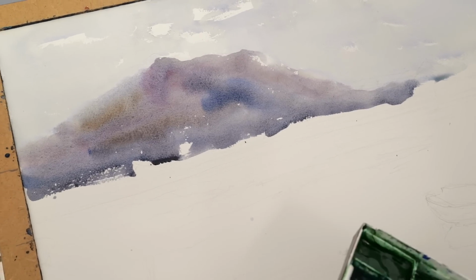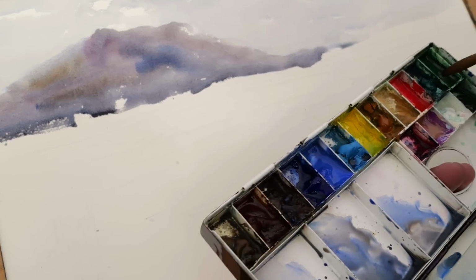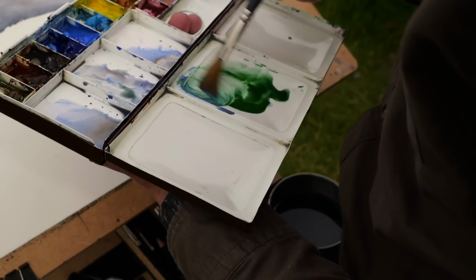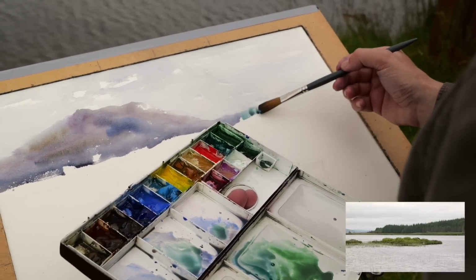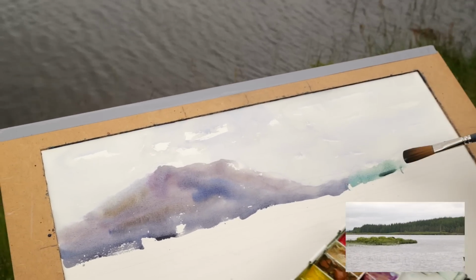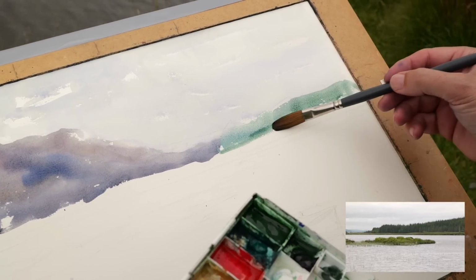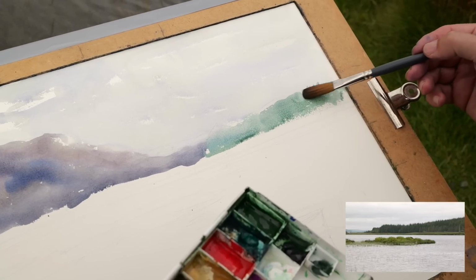Right, so now we'll head down to the next layer, which I think is going to be the trees in the sort of mid-distance there. I'm trying not to make it too green. I still wanted to give it the effect that it's distant, so a blue effect on it. But I want to give it the idea that it's trees without making it too green. Remember, I'm not trying to paint reality. I'm trying to create a painting here that will show a scene, not necessarily just pure reality. So there's a sort of